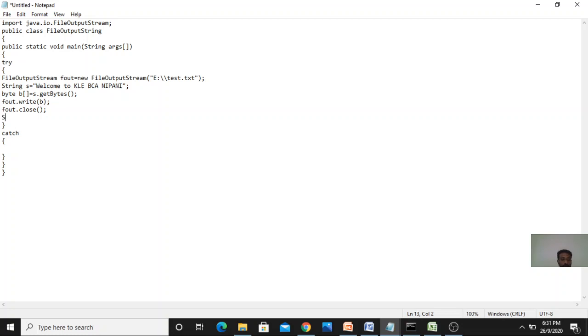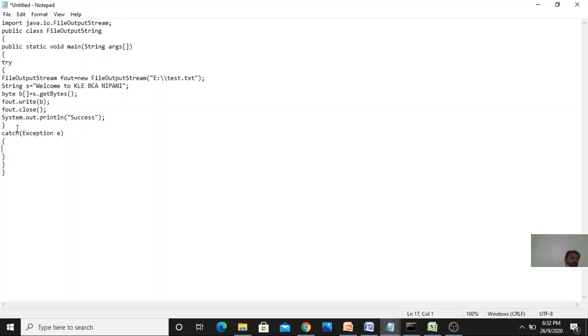So here System.out.println, success. In the catch block I will pass an exception variable, exception e.